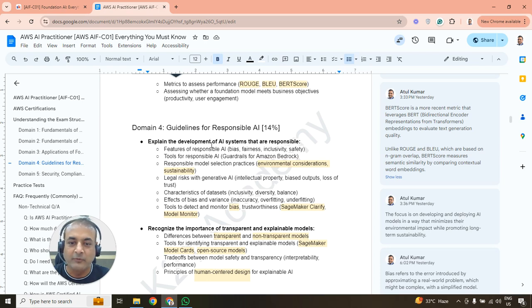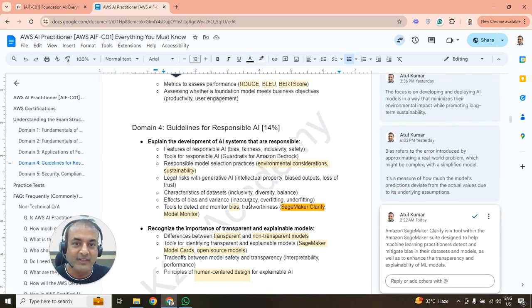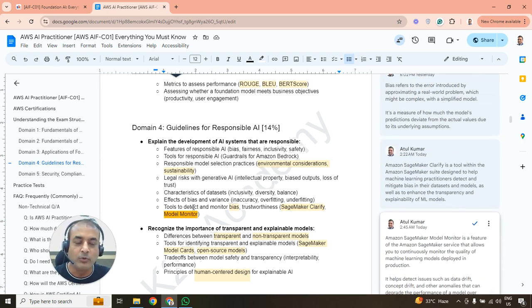Also, responsible model selection based on environmental considerations, sustainability, and so on. Also, what are the legal risks for generative AI: intellectual property rights, biased outputs, loss of trust by giving wrong information from the models, also characteristics of data sets, and the effect of bias and variance. Also the tools to detect bias and trustworthiness, and that is where you have tools like SageMaker Clarify. And within SageMaker you also have Model Monitor to configure. These things we'll be covering more in machine learning operations in a later part as well, and also within